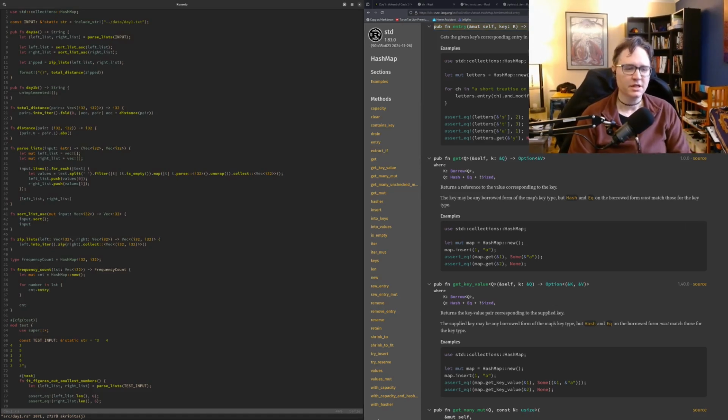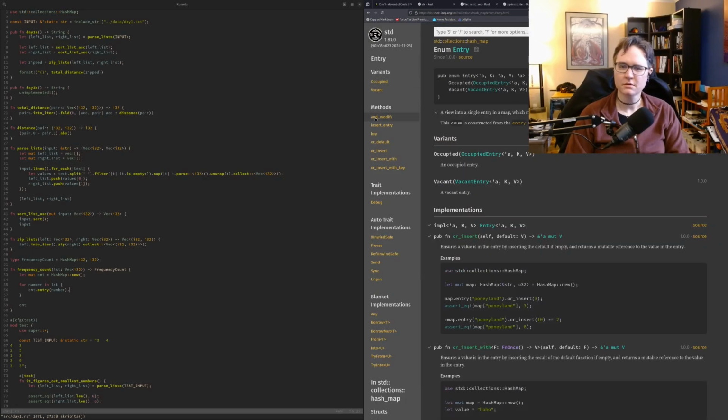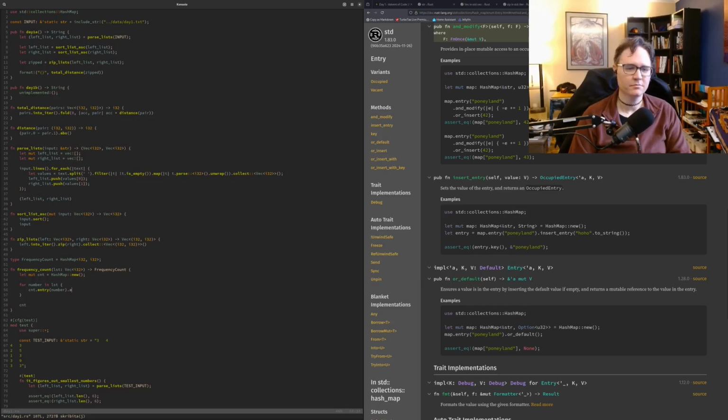So cnt.entry, yeah, so the key is going to be number. And then if the entry is present, we want to call and_modify, I think. Yes, and_modify. So cnt.entry returns an entry, and the entry might exist or it might not.